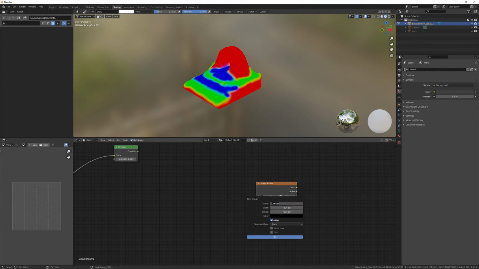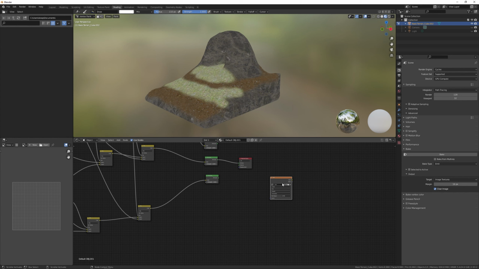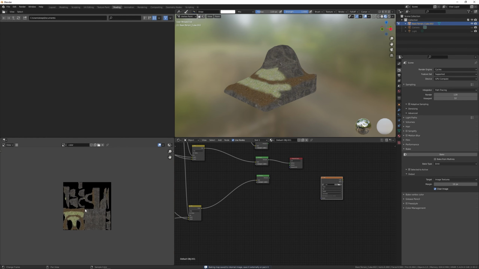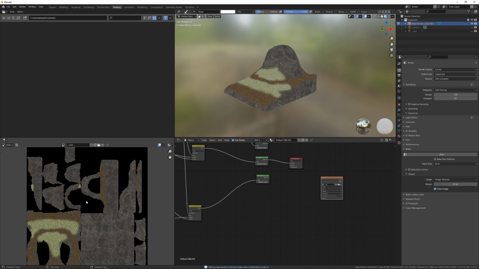render properties tab, baking, and I want to bake from emit, from emissive to image texture. And when you do that you need to have the image that you're baking to selected in the shader in Blender. In other software, I have no clue how you do this, but you can learn it online. I click bake. Ta-da! Here you see, here I have my color map.